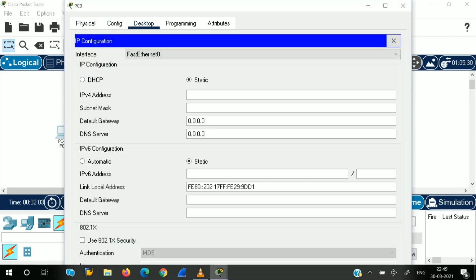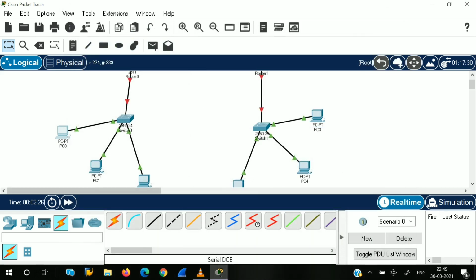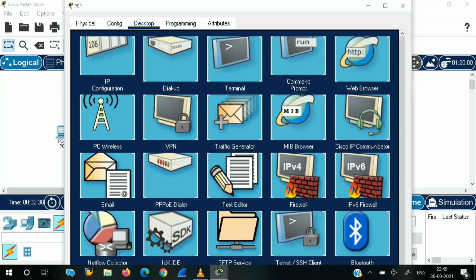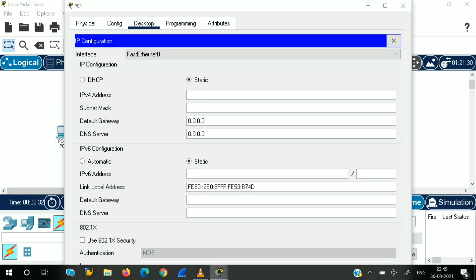Now configure the PCs and go to the desktop. Choose IP configuration. Type the IP address as 192.168.10.2. Subnet mask as default and default gateway as 192.168.10.1. So similarly assign IPs to the other PCs, PC1 and PC2.